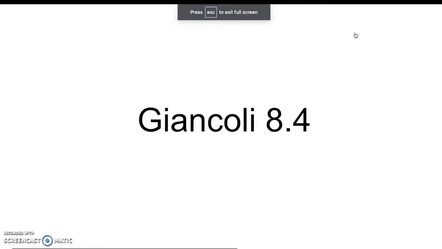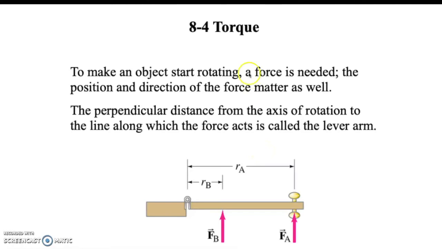All right, so as we continue to work with rotational motion and angular velocity, we're going to lead into talking about something called torque. Torque is the force needed to get something to start rotating. You can see here, it's really just a perpendicular distance from the axis of rotation. In this case of a door, it would be the hinges